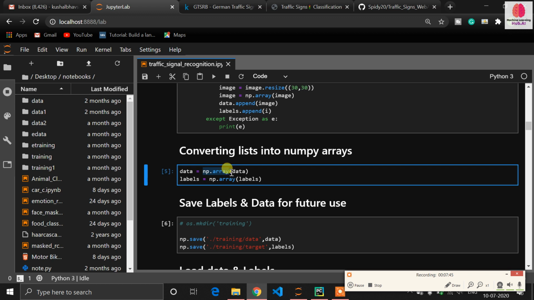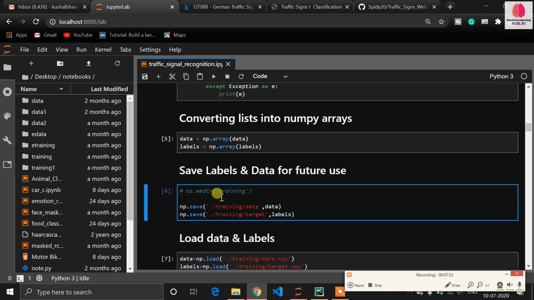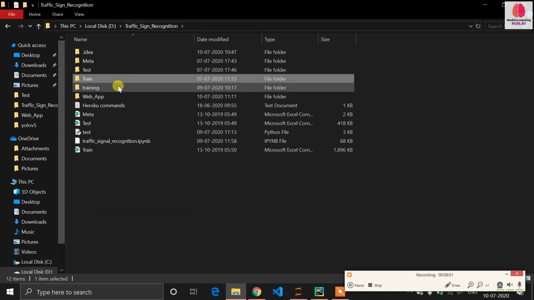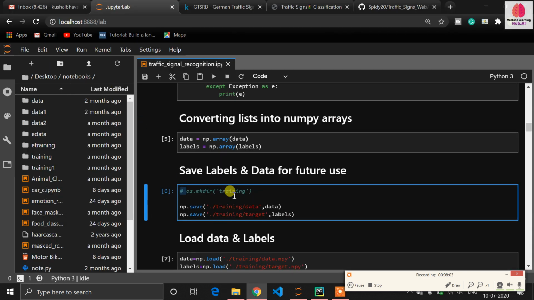Now once again we have to convert our data into arrays, so we are converting our data and labels into arrays. Now we make one folder with os.mkdir, training. Let me give you the reason. I have created this training folder because if I want to use different types of approaches, like a neural network,